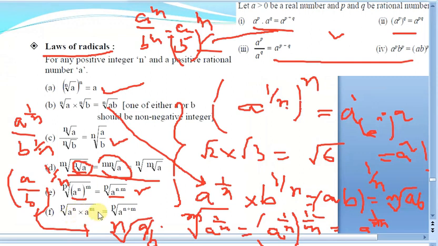A power n into a power m, we know that a power n plus m, pth root will be like this only. So these are the laws of radicals. If you know how to write the nth root as 1 by n like this, and if you know these exponential laws, it's a mix of both. So if you know those two things, we can understand how to deal with these laws of radicals. Just try it again by using these exponential laws and these standard notations. Again we'll get to know all these radicals. There is no need to mug these things up. Just use your standard notations and apply them.